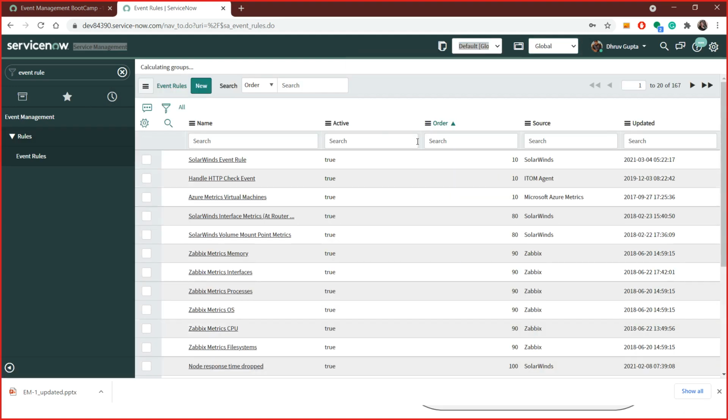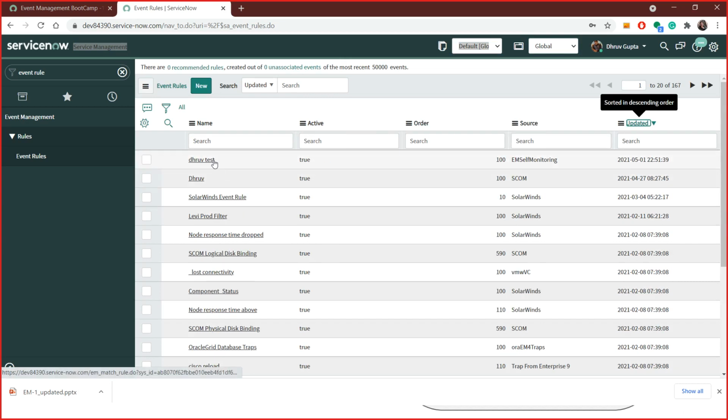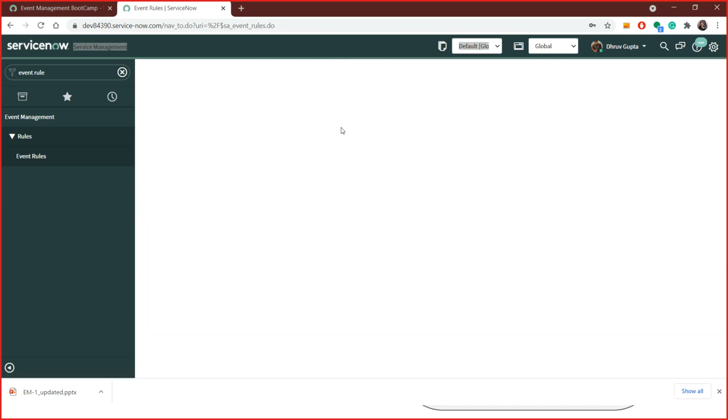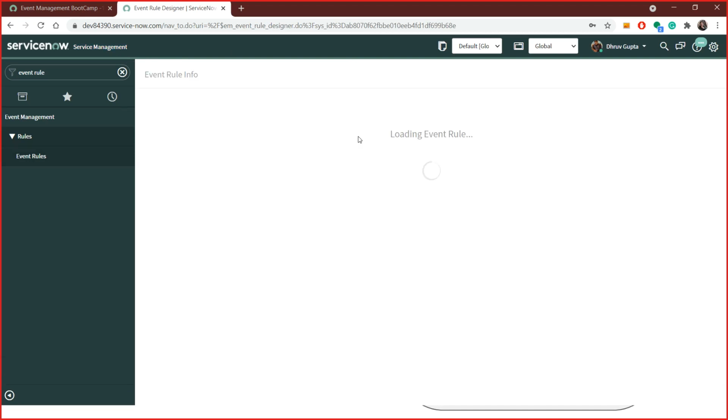So, okay, let me show you what you would be creating today. This is one of the event rules. Basically, I'll give you a brief of how exactly it looks and what you need to configure. The lab might be different than this. So let it load. I need to rebuild. Actually, my instance is pretty heavy. It has become slow, and I have to take some backup before I can release this instance.